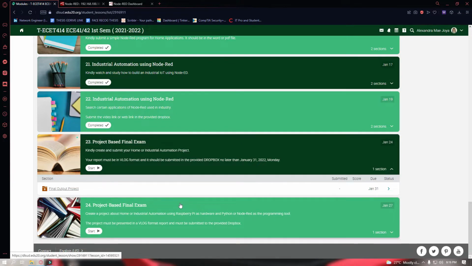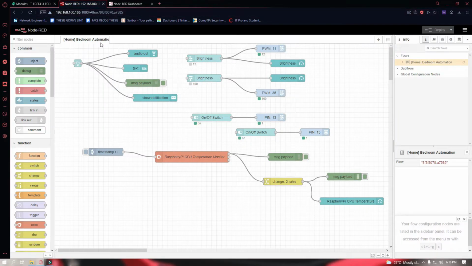Now I already opened my Raspberry Pi and it is working, and I already made the program in Node-RED. It is important to take note that your Raspberry Pi is connected to the same IP address as the devices that you're going to use. So this is my